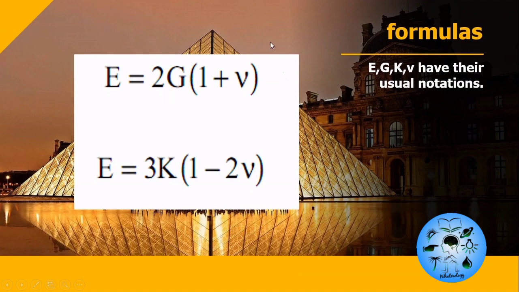Therefore, we will revise it once again. You people might be finding it a bit awkward or funny, but trust me, you will never forget this. So in the 2G scam, people who did this scam earned a lot of profit. Therefore, E is equal to 2G into 1 plus nu. Similarly, thousands of money was lost. Therefore, E is equal to 3K into 1 minus 2 nu. I hope you know this formula now.